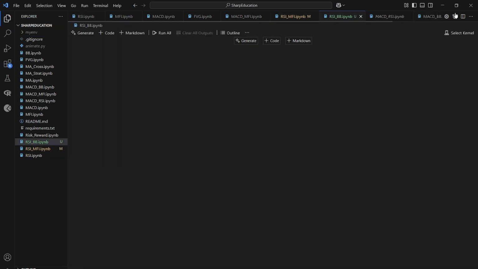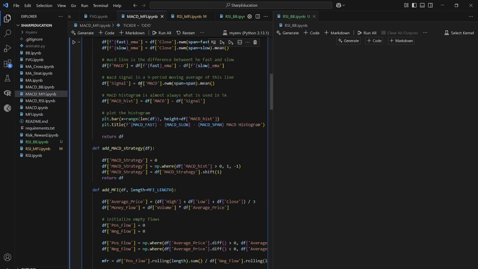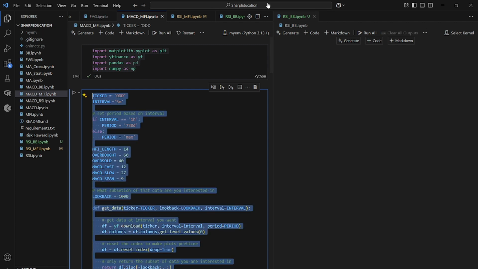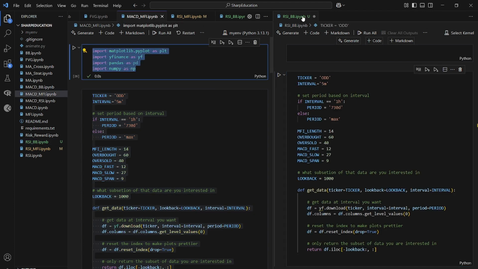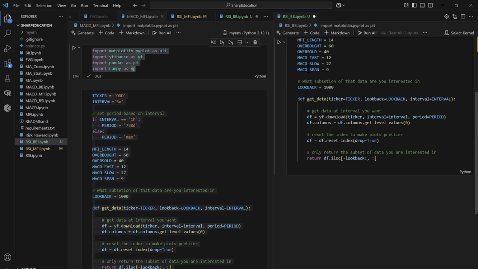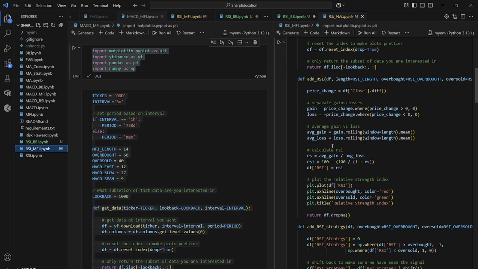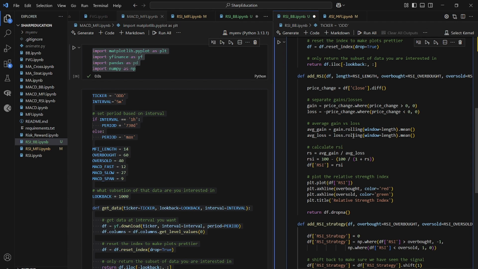Excellent. We split the page to copy in the same code as always. Let's go to MACD MFI to get our data acquisition function. Put that here. Take our packages. Put that here. I'm going to also add our relative strength index function and strategy. So we have our strategy function and relative strength index function, which you can copy in from the code pasted